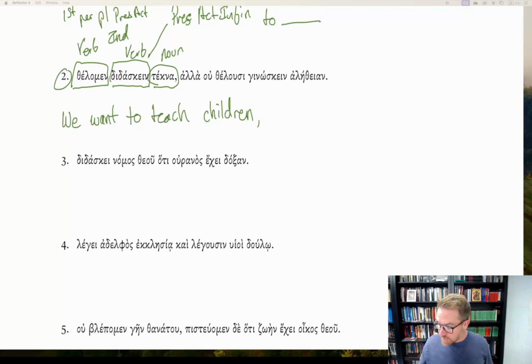Alla ou thelousi ginoskein alētheian. So we have the second clause of our sentence marked by this comma. Alla is the conjunction, but. Ou, our negation. Thelousi. Thelousi is, again, from thelo, to want something. And the ousi ending tells me I'm looking at a third person plural, present active indicative, but they do not want